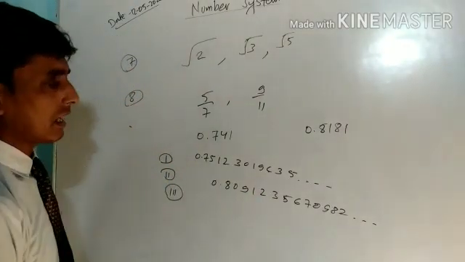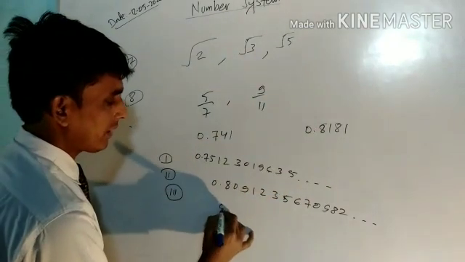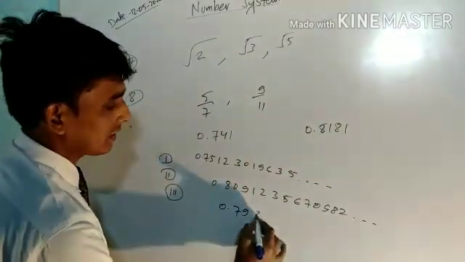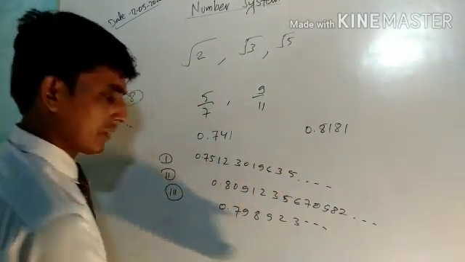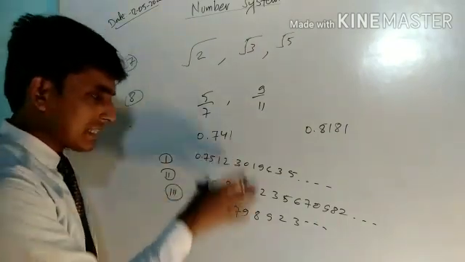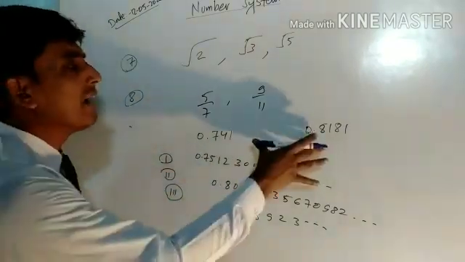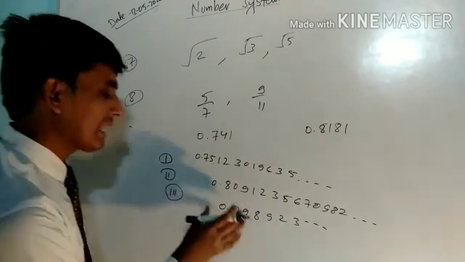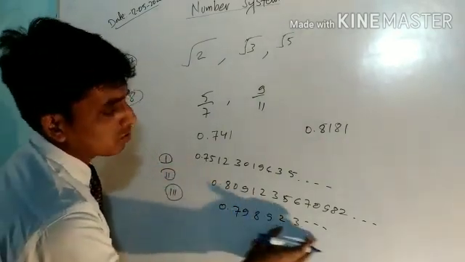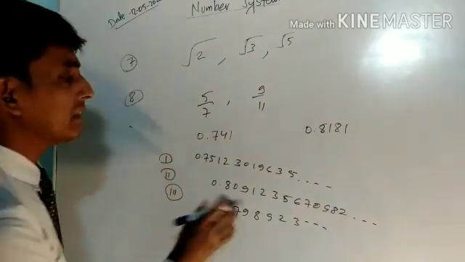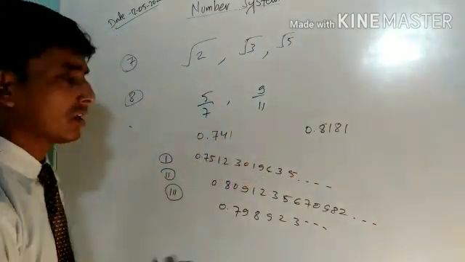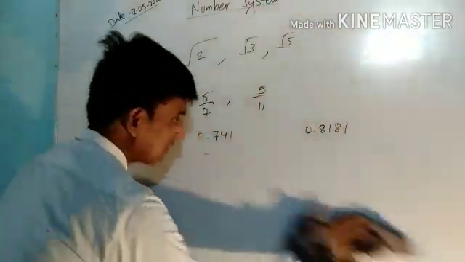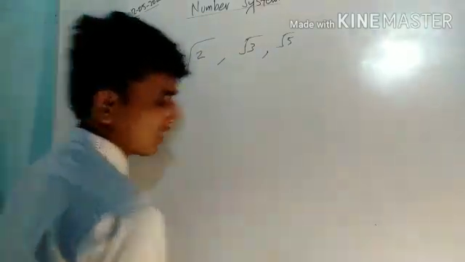Again, I can write any number which is between these. If I write 0.79, 79 is more than this, and you can write 8 9 2 3 and so on. These are the three irrational numbers. The answer will not match with the book, because infinite irrational numbers can be written between these two numbers. According to your choice, write a number whose digits do not repeat and which does not terminate anywhere, and it should lie between these two numbers. The answer will not match with your book, but the answer is true. You can write according to your choice.